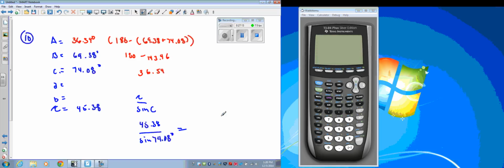Let me try to show you what I'm talking about. So at this point, what you could do is 45.38 divided by the sine of 74.08,